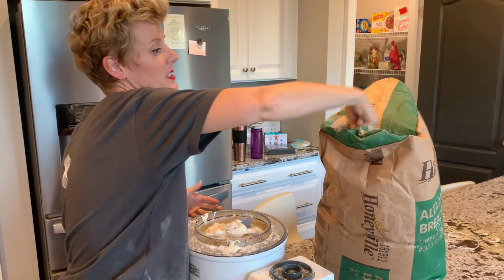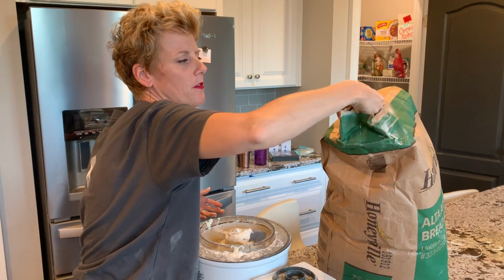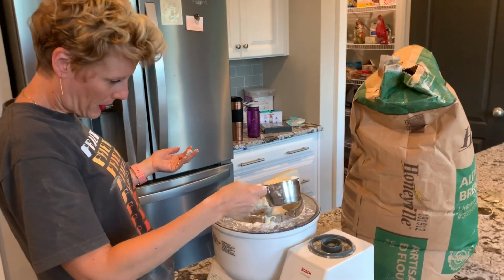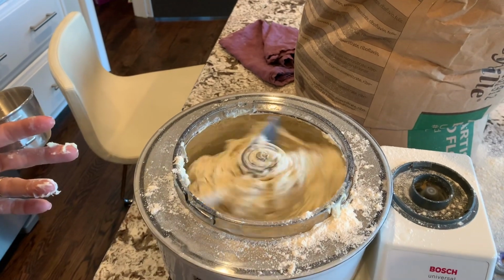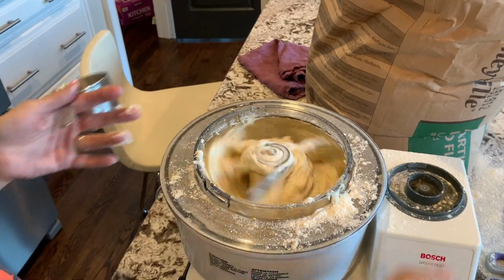Get closer. It's better for it to be sticky if you want it to be really soft and fluffy. Okay, we're getting close though. Come here. Another thing is, I'll hear it kind of bear down. Oh, the actual engine or the motor. Yeah. And so I'll turn it to a 2. See how the